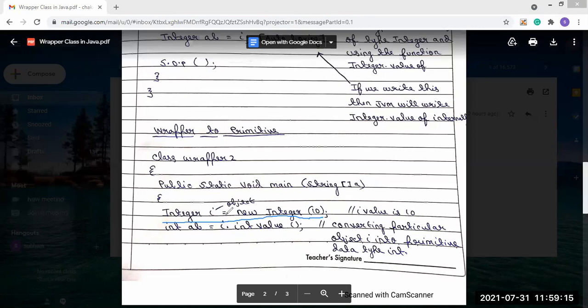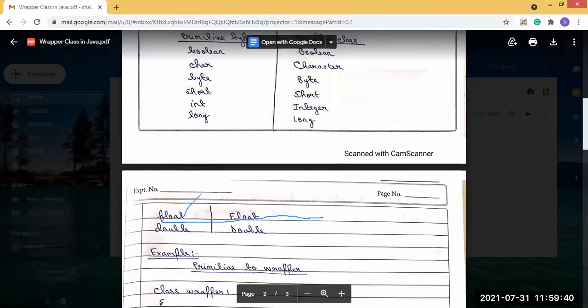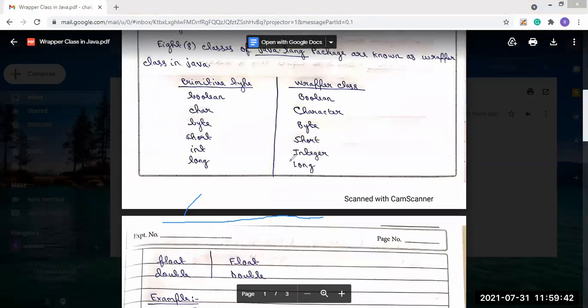This Integer, if you remember, is a wrapper class present in the java.lang package, and all 8 wrapper classes are present in the java.lang package.